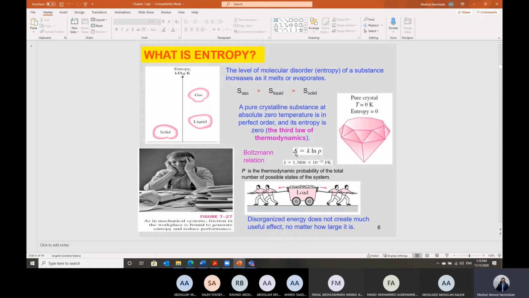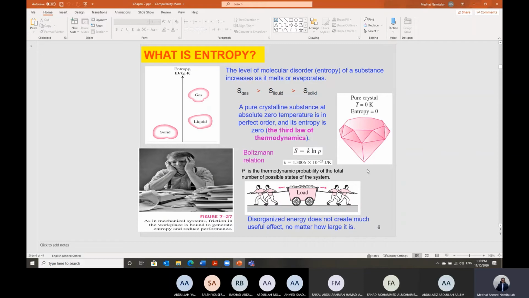The entropy of any substance is equal to some constant K multiplied by ln B. K is the Boltzmann constant, which equals 1.38 times 10 to the power minus 23 joule per Kelvin, multiplied by ln B. B is the probability of a molecule existing at a given point, at a given state, at a given time. So it is a very tedious process to calculate the entropy of a substance using